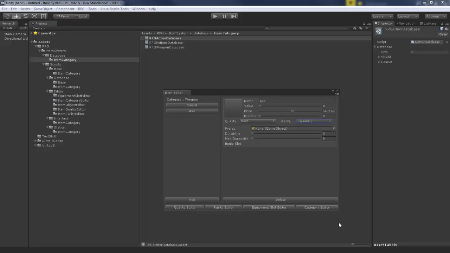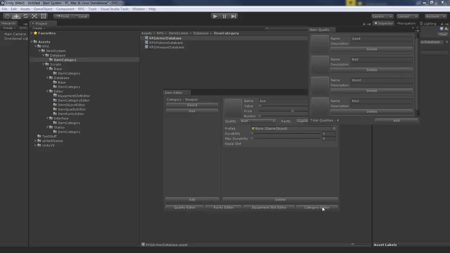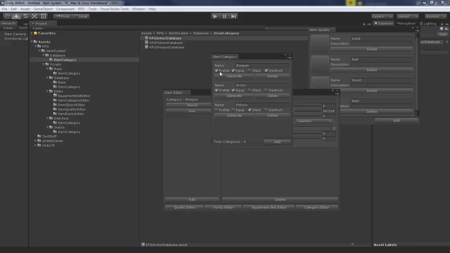Between the two episodes, I think, I will add the equipment slot editor, just like a quality editor, maybe like a category editor without these fancy stuff, just a name and a delete button. I don't know. I will add one of these two. Anyway,